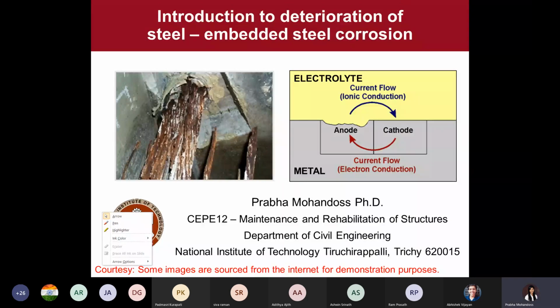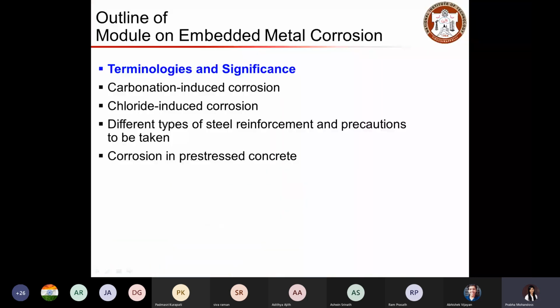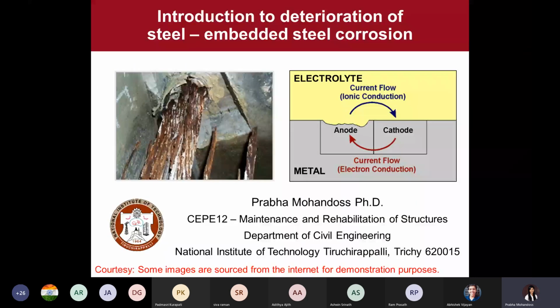All right. So here in the title slide, you can see the image of a pre-stressing strand that is severely corroded. These are pre-stressed strands inside the duct of the member, and they are exposed to a corrosive environment, and thus the strands are corroded severely.